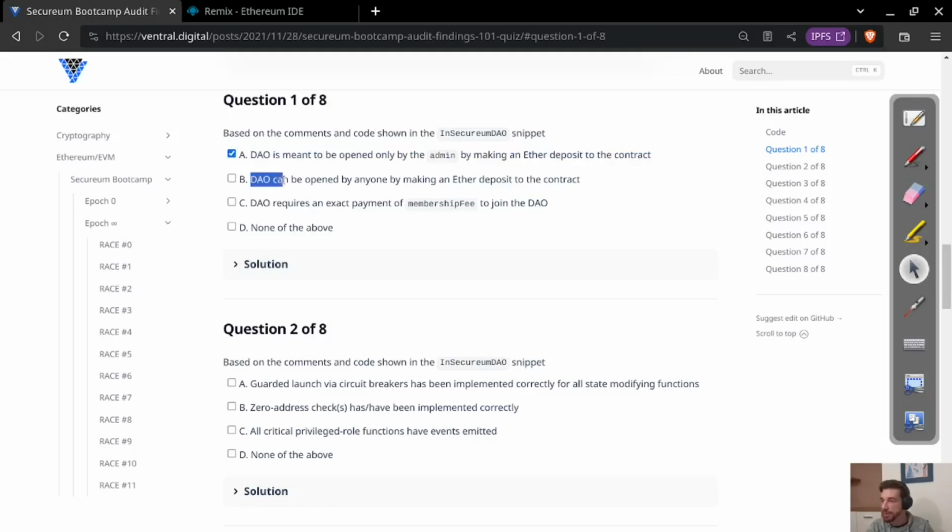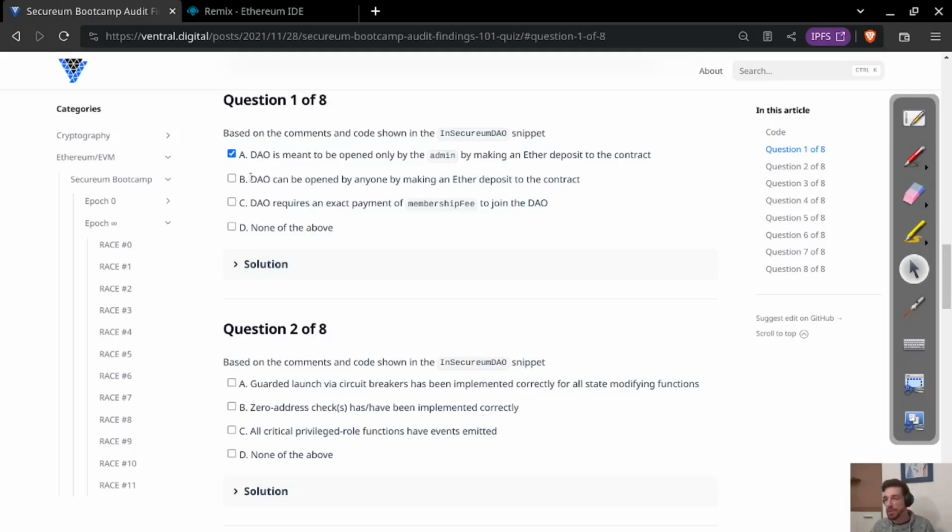But B says DAO can be opened by anyone by making an ether deposit to the contract. And that's indeed true, because as we already heard in previous races, we can inject value into contracts, for example, by using self-destruct. We can self-destruct another contract that holds ether balance, and when we self-destruct a contract, we can specify where this contract should send its ether balance.